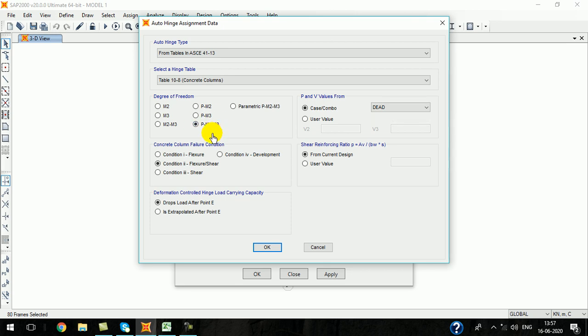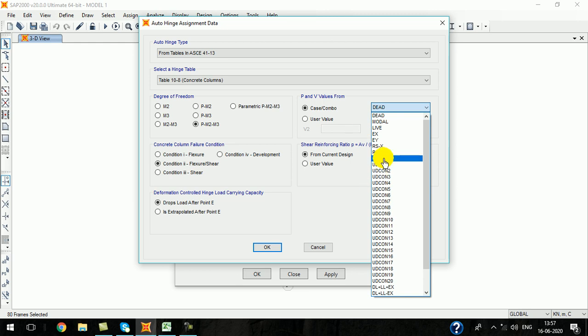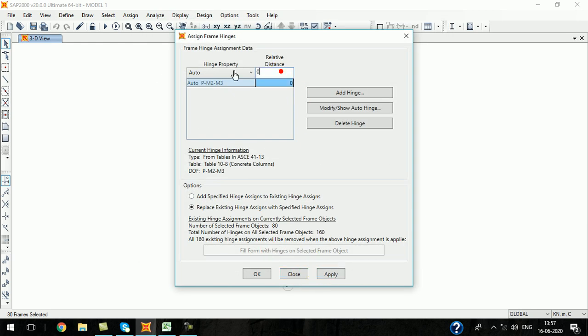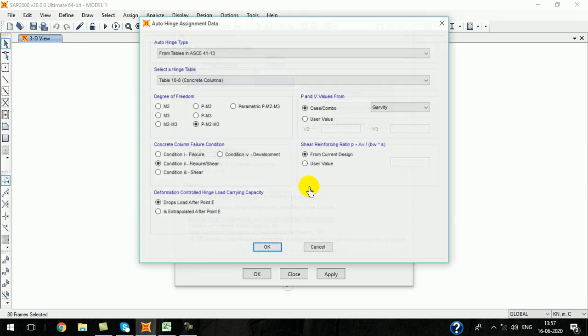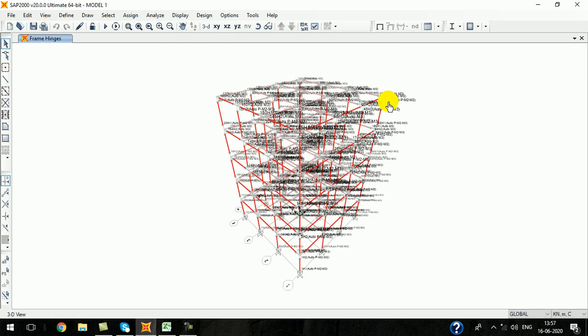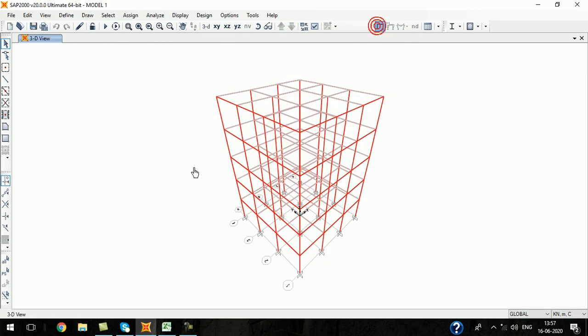So this one should be selected, and the failure criterion is flexure or shear, and the P and V values will be taken from gravity. Click OK. Similarly for the other end, 1, add hinge. Click OK. Now the hinges are defined for the columns also.